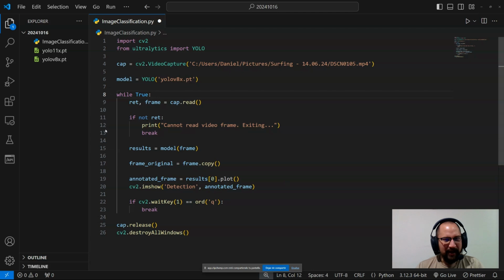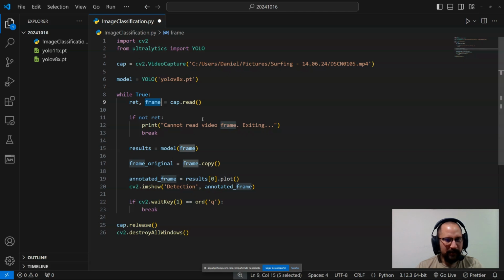Here we have the cap.read function, where we are extracting the ret and the frame. Basically, ret is a boolean that stores whether the frame extraction was successful or not, and the frame holds the frame information in a numpy array.